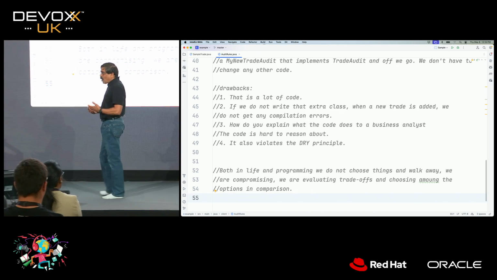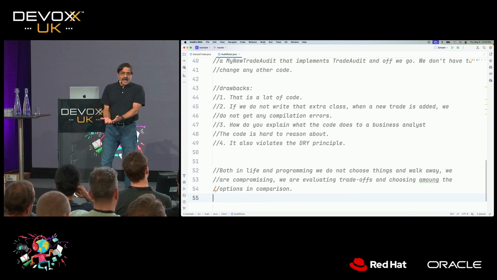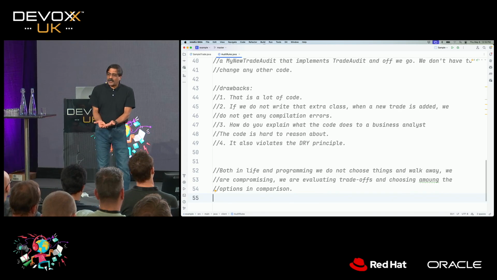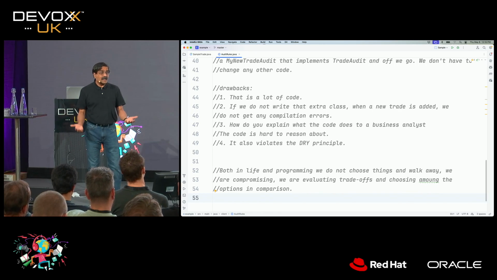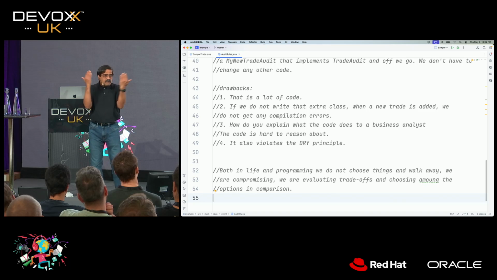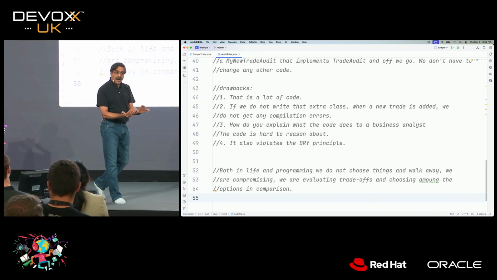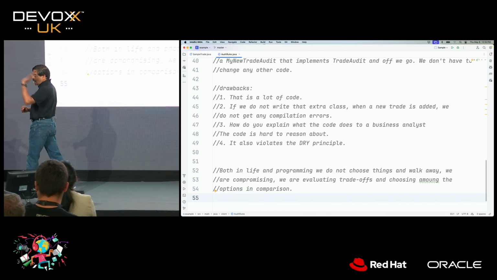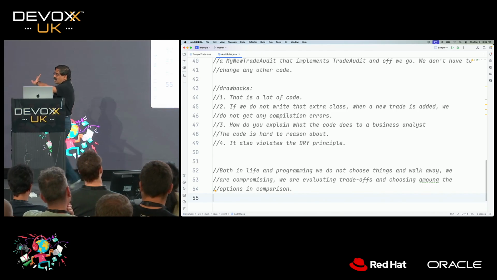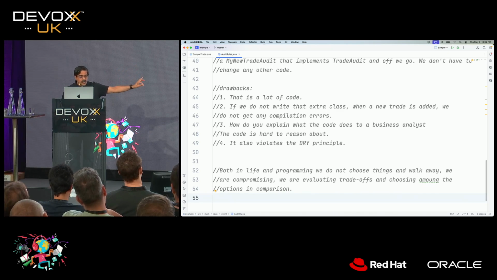This is one of the reasons why I really like to prototype my code. If I sit down and tell developers this is the right way to do it, half of us are not convinced about it. But if we can quickly create a prototype and compare the solutions side by side, I think we have a better way to evaluate the trade-off rather than saying this is what I like and let's do it this way and not even look at an alternative. So I'm not here to tell you which is the right way, but I'm asking you to evaluate the trade-off. So let's take a look at the alternative here.